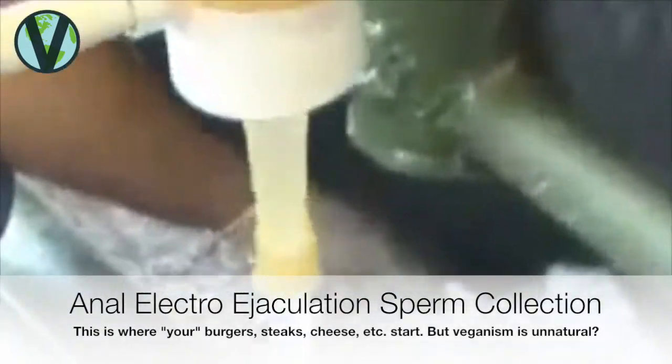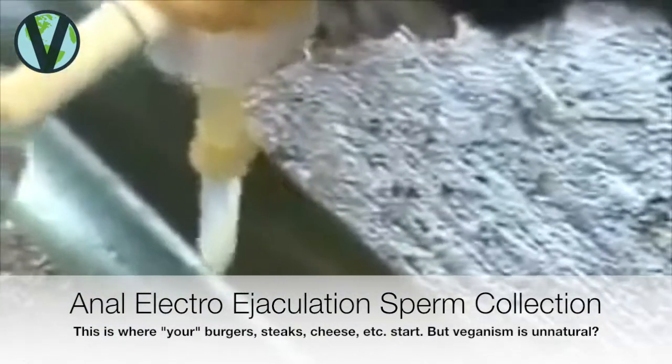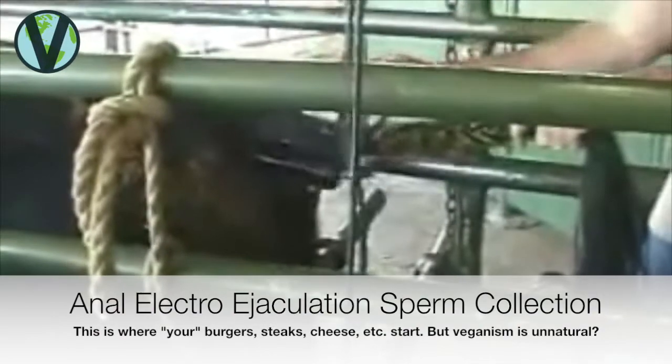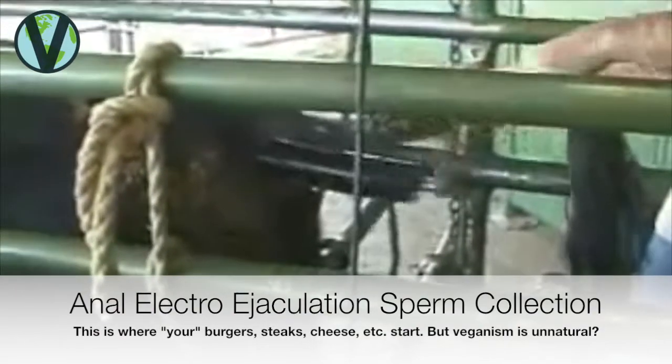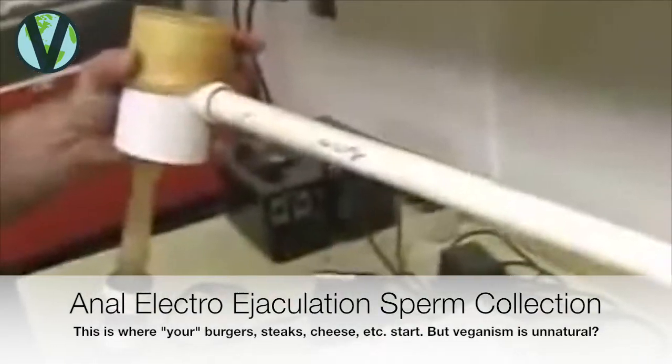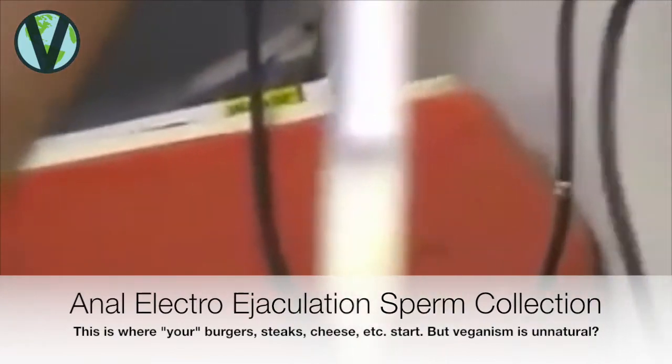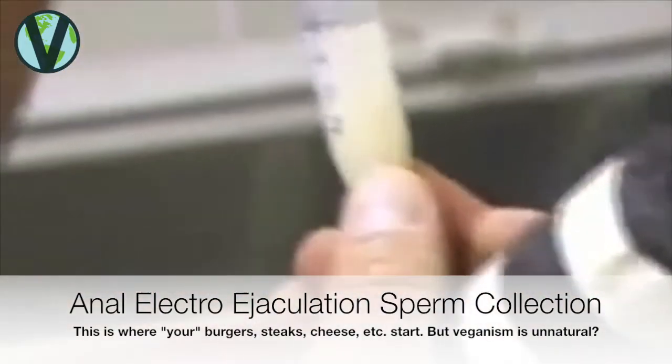So here you can see the semen, which we got about 5 mils, a nice chalky white collection, which we got a good collection from this bull, and then we can bring the probe out of the bull after the collection is done. Once the semen is collected, then if we were to process the semen, we know the bull's number. It would stay with the test tube, and here you can see that this collection gave us about